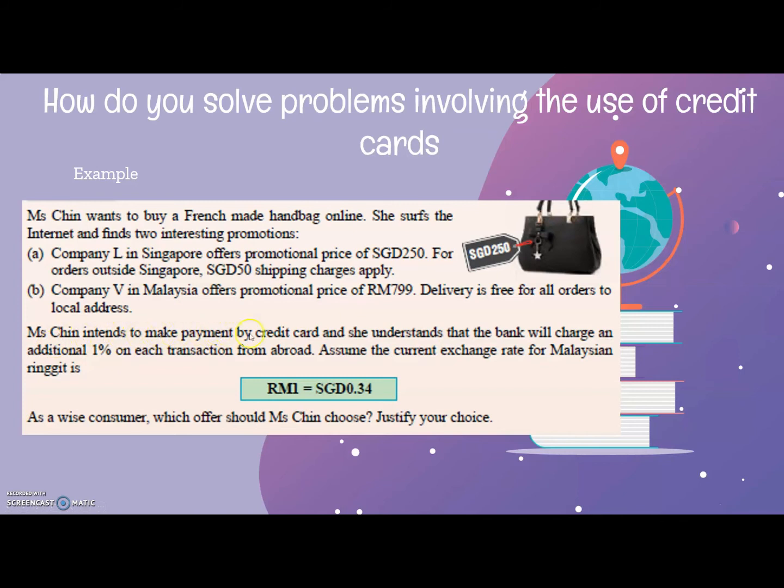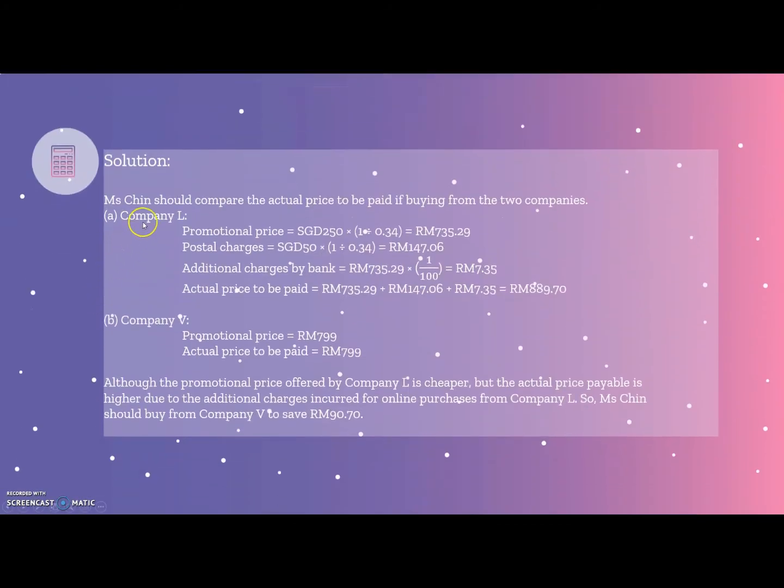Ms. Jean intends to make payment by credit card and she understands that the bank will charge an additional 1% on each transaction from abroad. Assuming the current exchange rate for Malaysian ringgit is RM1 equals 34 cents SGD. As a wise consumer, which offer should Ms. Jean choose and justify the choice? So we must compare between Company L and Company B. The solution is